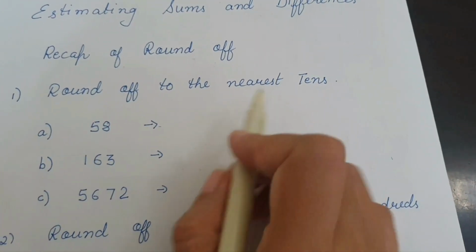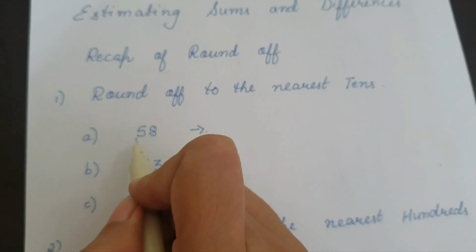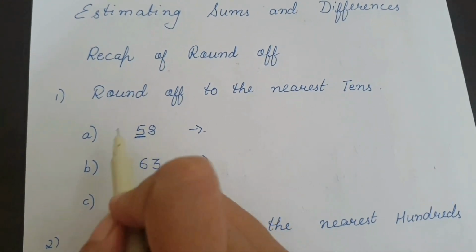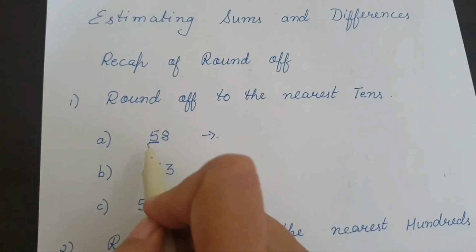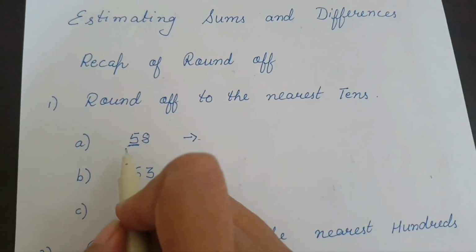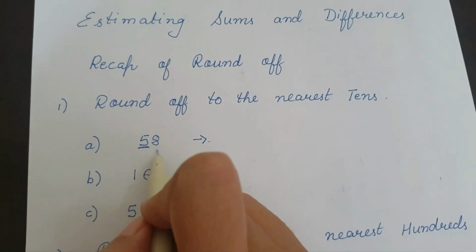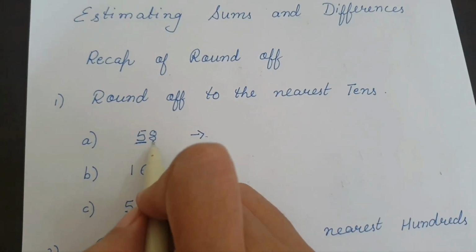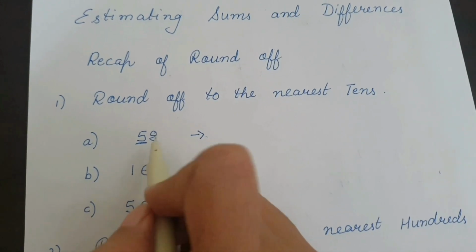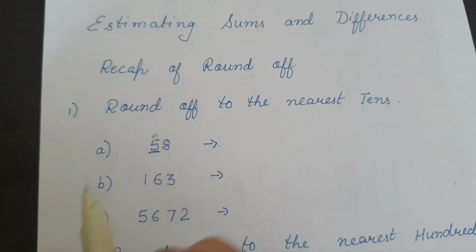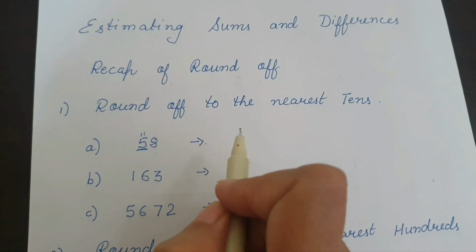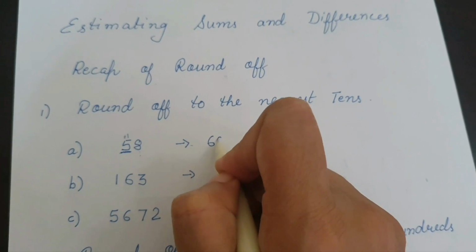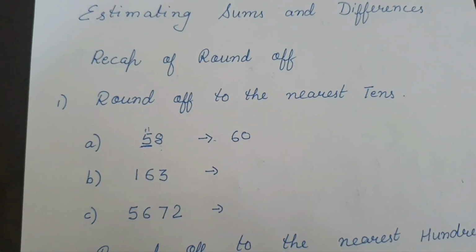For rounding off at the tens place, first we'll underline the tens place digit. 5 is here, so we have underlined it. After that, we'll see the digit just after it. So it is 8, and according to the round off explanation I have given you earlier, see the digit just after the underlined digit and see whether it is 5 or more than 5. So 8 is more than 5. So if the next digit is more than 5, we'll add 1 to the underlined digit, and all the other digits will become 0. So this will be 5 plus 1 is 6 and others will become 0. So the round off for this is 16.